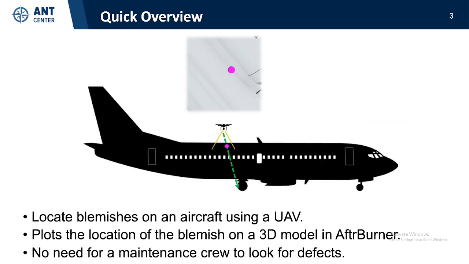So a quick overview of my project. The way it works is that you fly a UAV over an aircraft, and there are two cameras attached to that. One is used for the navigation portion of it, and the other one is just a normal camera, whose sole purpose is looking for any defects. By defects, that can be scratches, dents, something you wouldn't want on the plane, and you would need to fix. And so you can plot the location of these